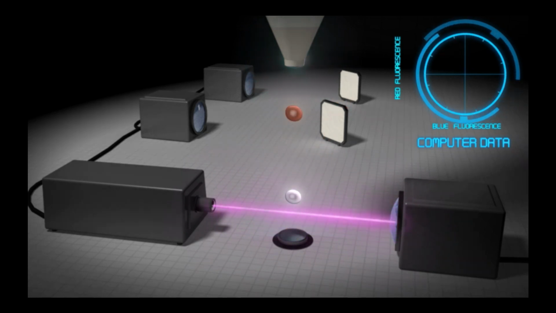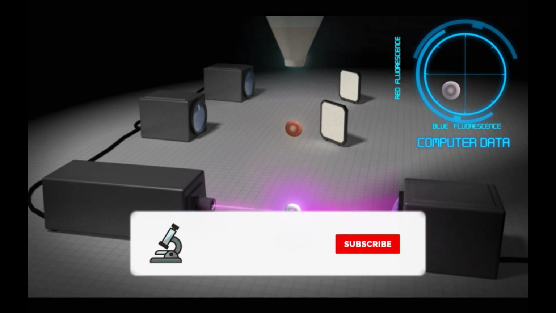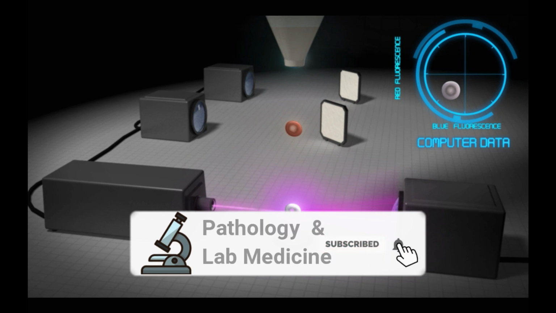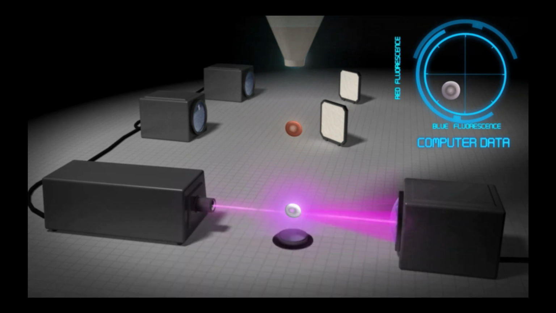Now let's have a look at another cell. This cell has somewhat different properties as compared to the previous three cells, in such a way that it does not bind to any antibodies which were tagged with fluorochromes. So there is no fluorochrome activation, but obviously when it interrogates with the laser light, there will be some light scattering. So far we have seen fluidics and optics. Lastly comes the electronics part.